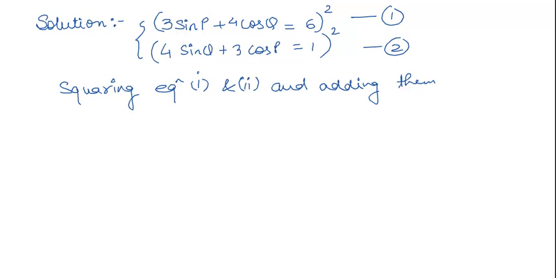Now if we square the first equation, it will become 9 sin square P plus 16 cos square Q plus 24 sin P cos Q